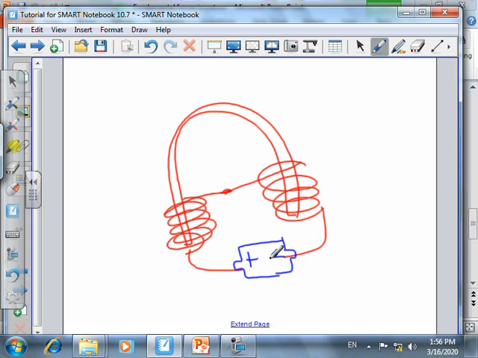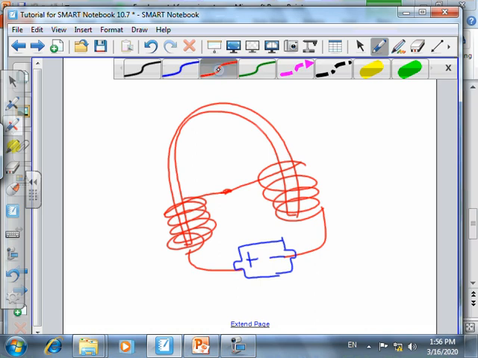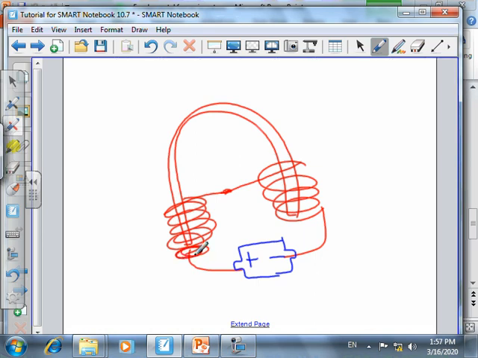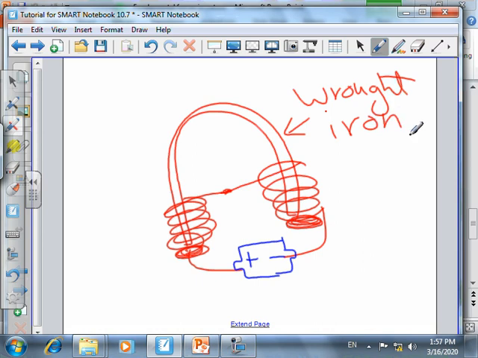What about the magnet here? The magnet changes by passing the electric current through a simple piece of iron to become what? A magnet. It changed from a simple piece of iron into a magnet. How? This shape is not actually a magnet. It's made from wrought iron. What's meant by wrought iron? It's not actually a magnet, but it gained magnetism by passing the electric current through it.